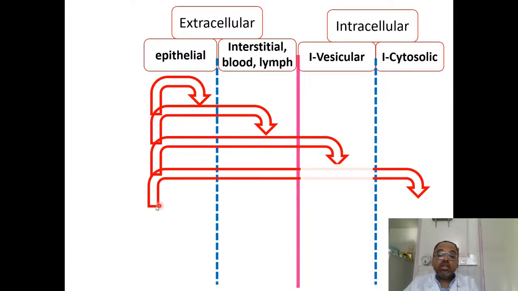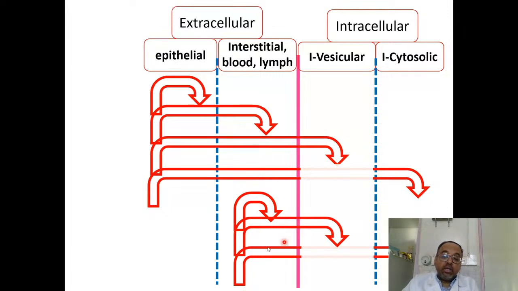inside vesicles. Sometimes like viruses, which are fecal oral viruses or sexually transmitted viruses, they are at the surface of epithelium first, then they penetrate, go inside interstitial space or blood, and then finally they reach their target cell and they get internalized. And we have other examples as well, like the ones that are starting from here. They do not need to traverse epithelium because they are injected by insect bites, for instance, or maybe by transfusion or needle sticks, and then they end up in different tissues or different spaces.